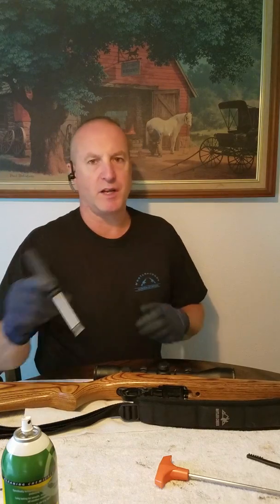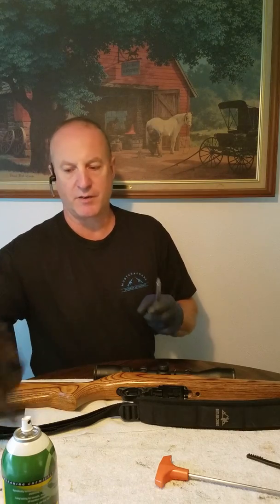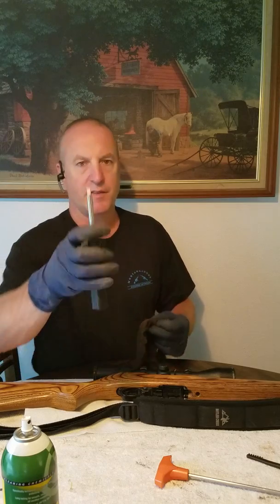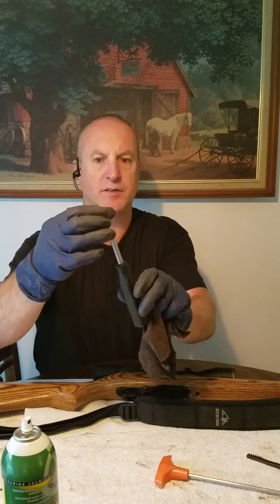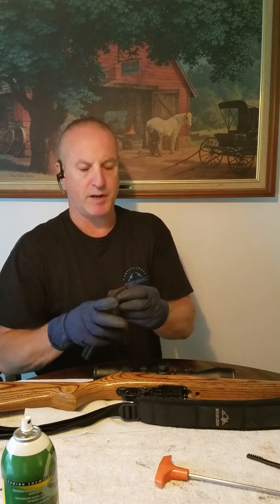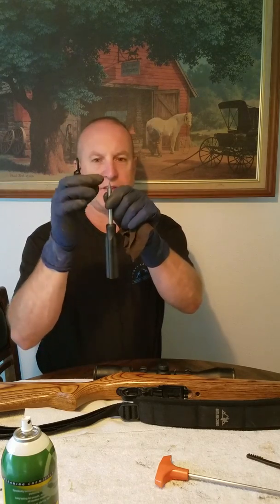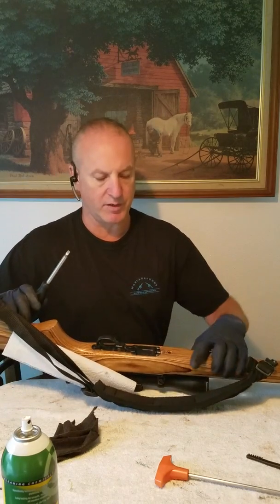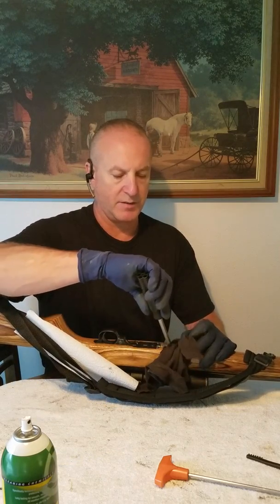So the first thing you need is a screwdriver, and use a gun screwdriver. Because if you use any other screwdriver, it will mar and deface your screws. This screwdriver right here, they have attachable and detachable sockets. So you just put a regular screwdriver in there. And what happens is this stays fat all the way down for a ways, and then it tapers out. And it stays fat, so when you go to take a screw out of your gun, it fits in there nice and snug. It does not fit in there